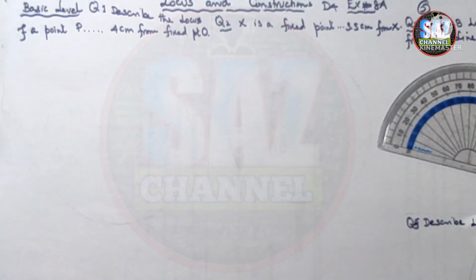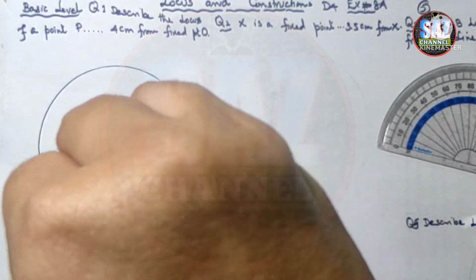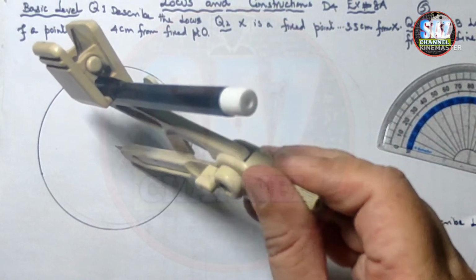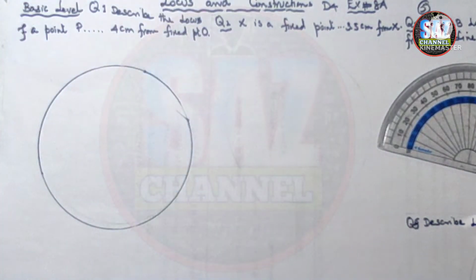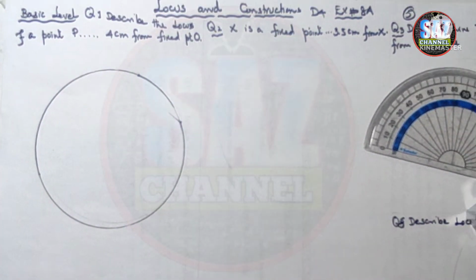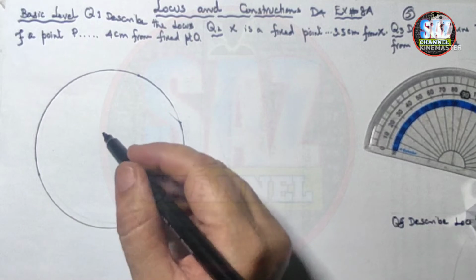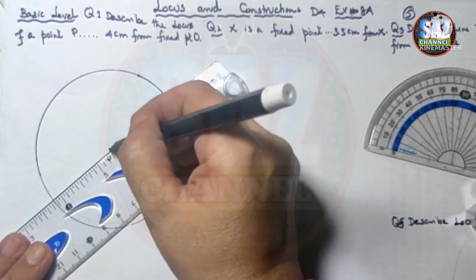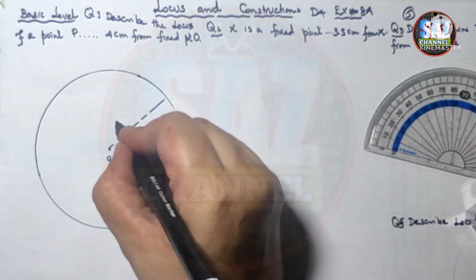I have to simply construct a circle carefully and label the locus as well. This is the circle. Let me keep the compass over here. Yes. So, I have drawn the circle, and now I have to mark the center, and the center has to be labeled with letter O, and then I have to draw the radius as well. This is the radius, the distance from the center to the outer boundary, that is 4 centimeter, and then I have to